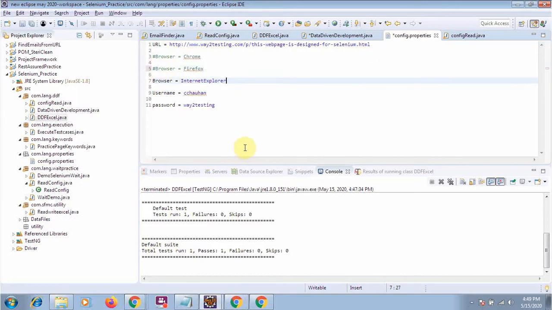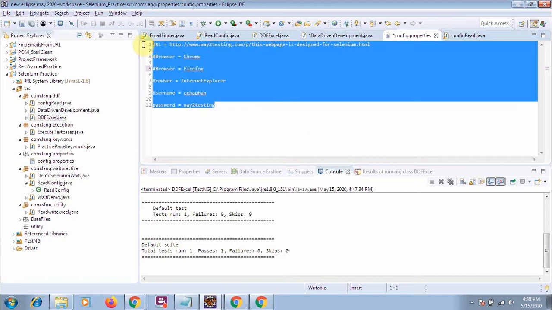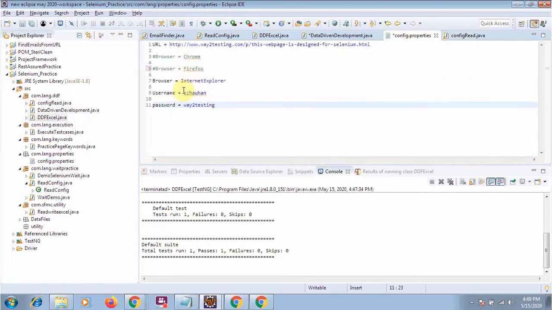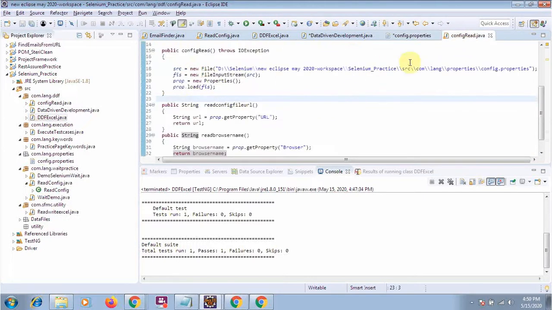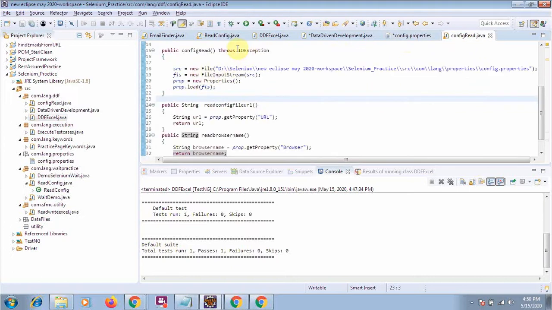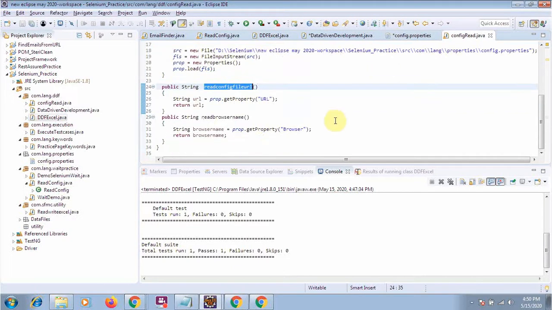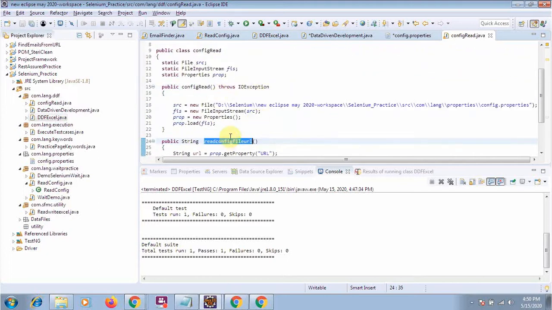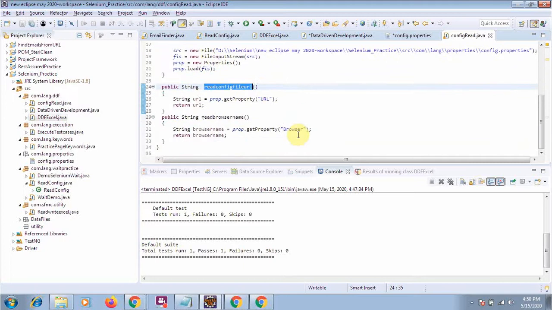So this is the way that you have to read the config file. You will put all the variables here, and then you have to create a class which will have the methods for each element you have mentioned here. Then whenever we want all these variables, we will just create the object of this class and call the method. Some people also create a static method and call all these variables by class name dot method name. So this is the way that we are reading the value from the config file.